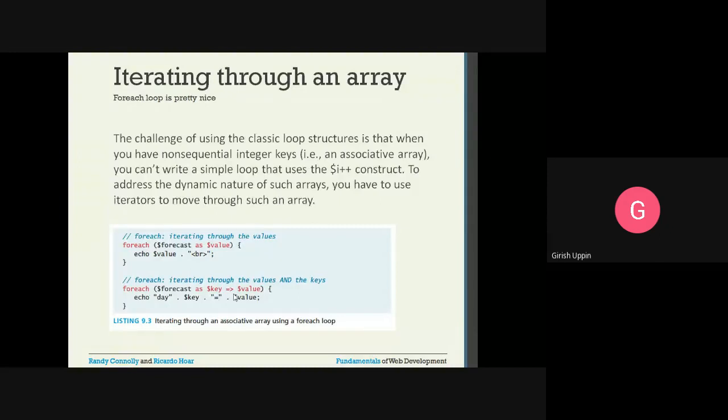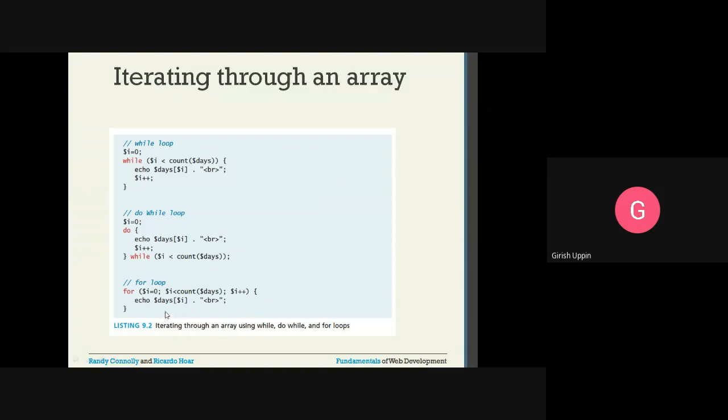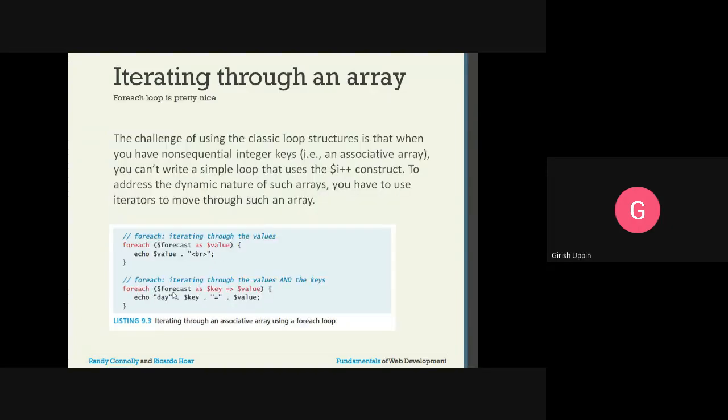In a PHP array, we can have a key that is an integer, or any other string. If we have sequential keys like 0, 1, 2, 3, we can use any construct which uses $i++, and we can iterate through all the items. But if we have strings, we need some kind of iterator. So here we can use foreach.